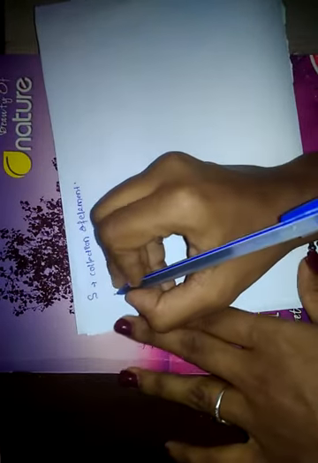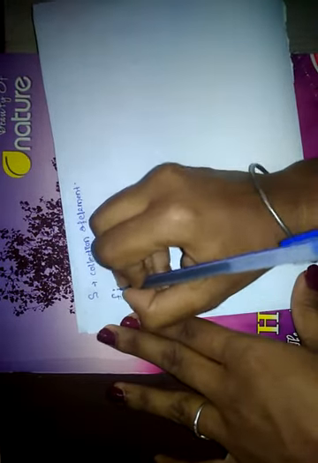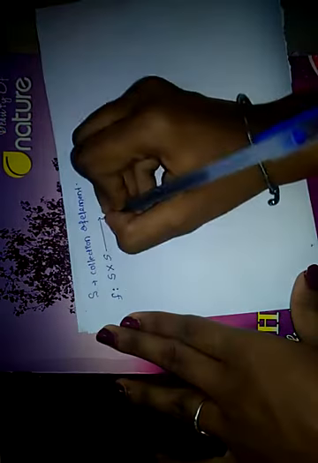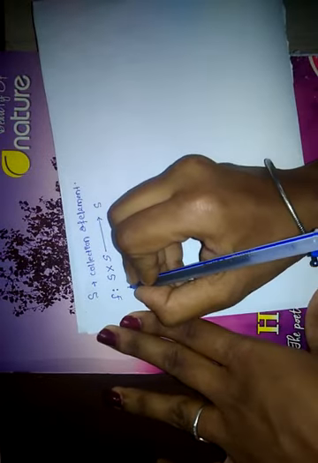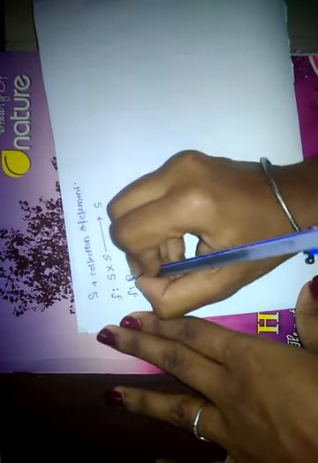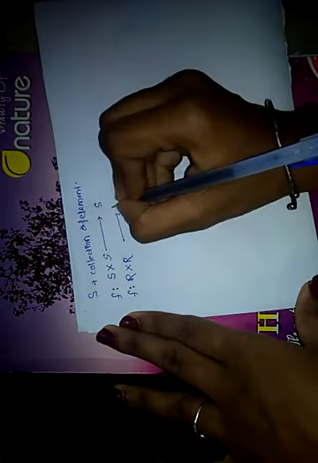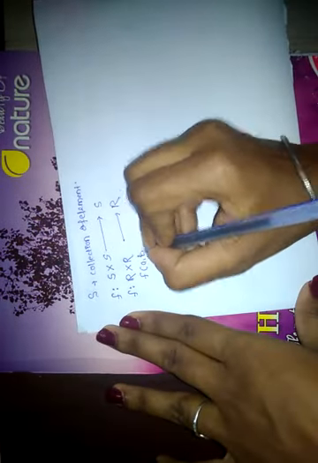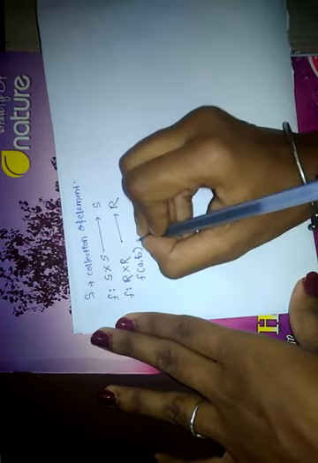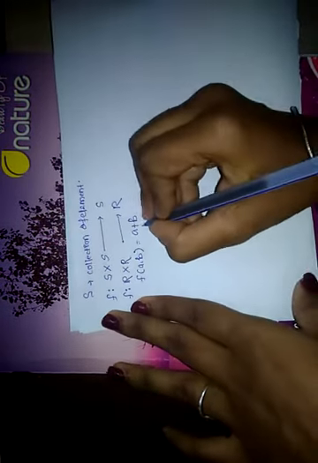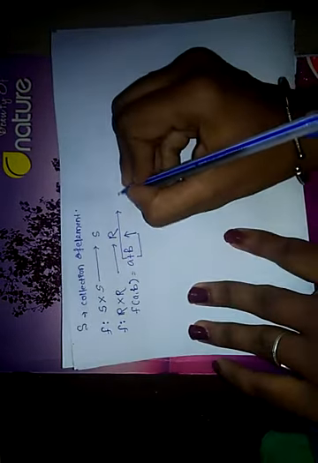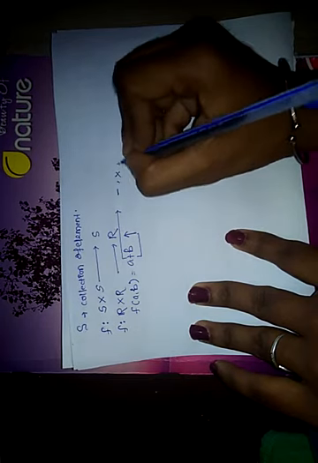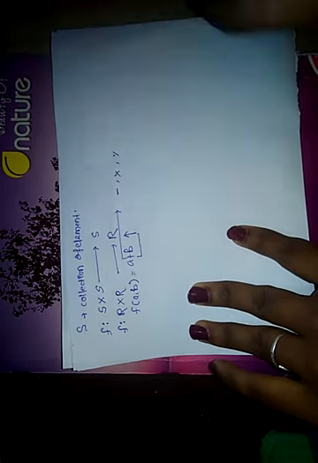Now we are going to read about a binary operation. So what is a binary operation? A binary operation F is a mapping from S cross S, that means the Cartesian product of the two sets, to the same set. For example, suppose F is a mapping from R cross R to R, where R is the real numbers. Then F of (a, b) is equal to a plus b, and this a plus b is nothing but an element of R. And this addition may be replaced by subtraction, multiplication, modulus, division in accordance with your choice.